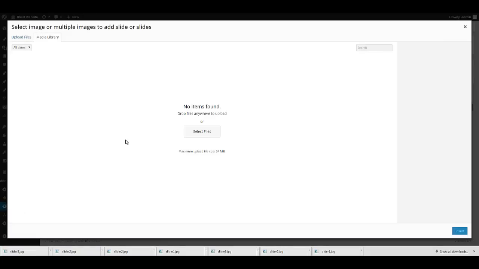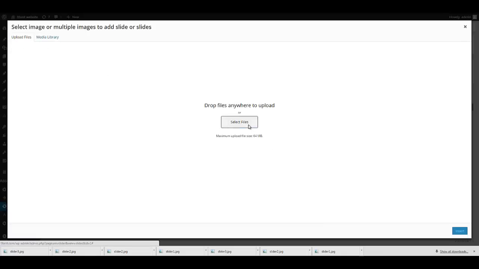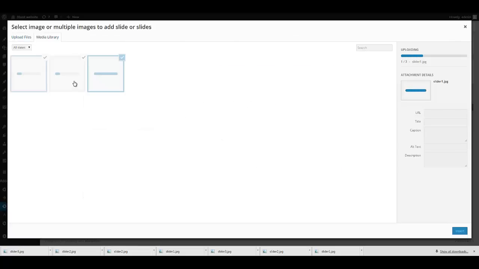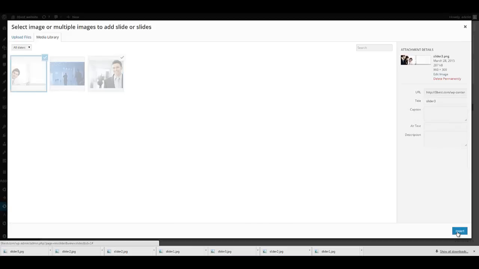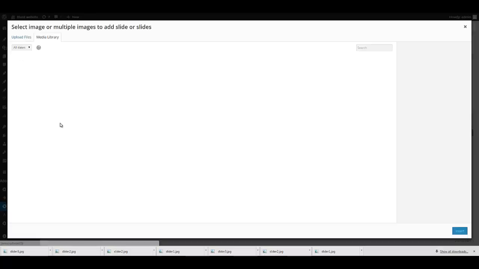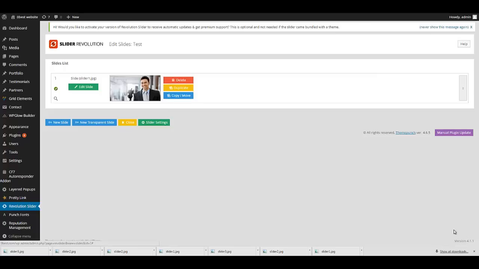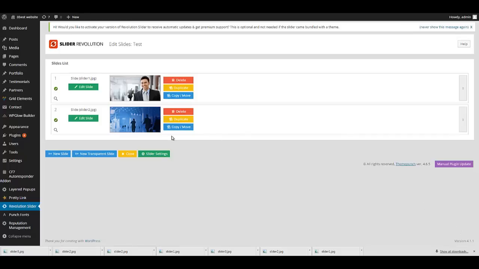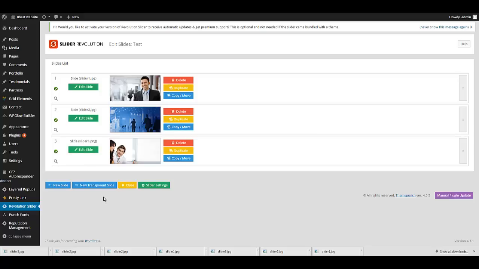And I will mention this Revolution slider is one of the top slider plugins known, and it comes with A1 Pro absolutely free. So I'm going to go ahead and upload my slider images, which I've saved. I have 3 of them. And so let's go ahead and insert. It says slide created. So we have 1 slide, and then we'll create another one. Insert that. And our 3rd slide. Okay, so we have 3 slides,